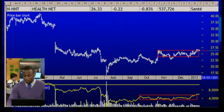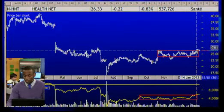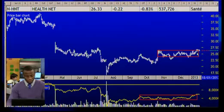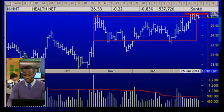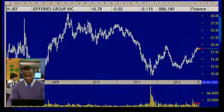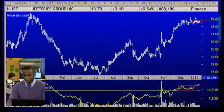HealthNet, it was still neutral. The volume imbalance was increasing. So those of you who got in on the break of that resistance, well, it's a hold so far of your positions, because HealthNet didn't perform that much, but still it's positive. So you're still in the money because it's still flat here for HealthNet. Same thing for Jefferies Group. Look at the volume imbalance here. It increased. The stock was staying flat, but Jefferies Group didn't really move that much. So it's a hold so far on Jefferies Group for those of you who got in within that sideways formation. Your stop loss always has to be on the break of that support, which will be around